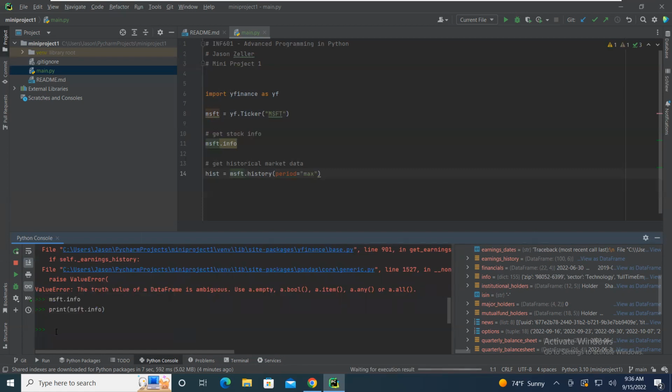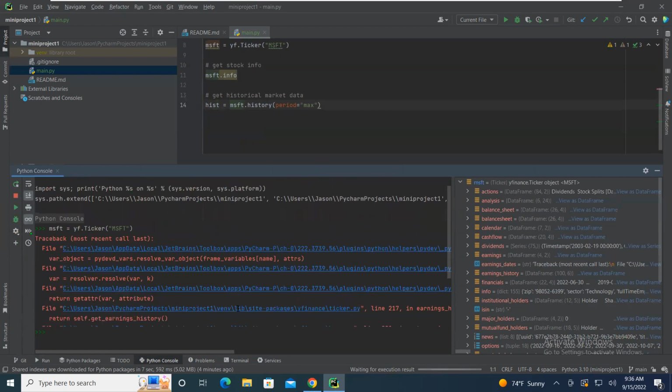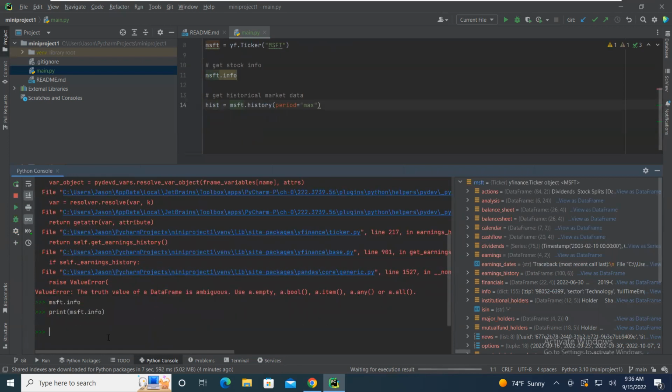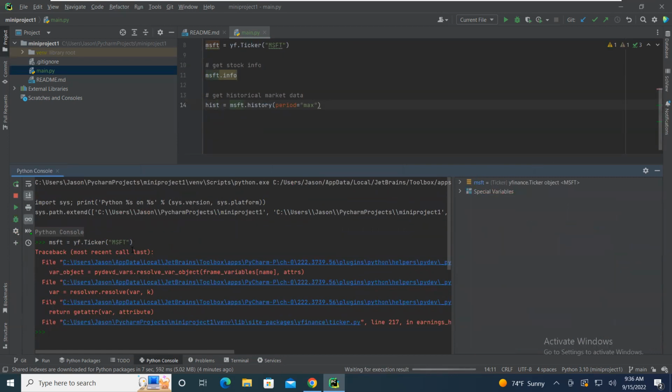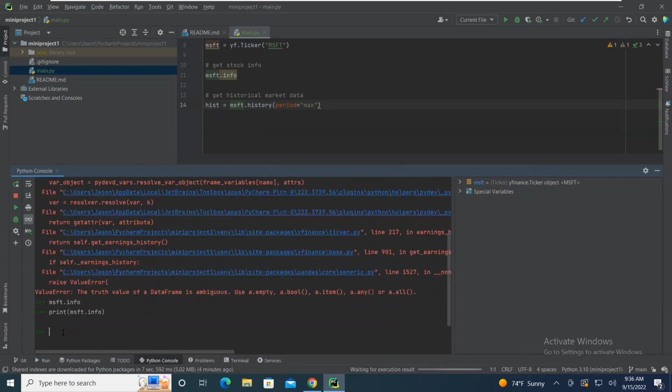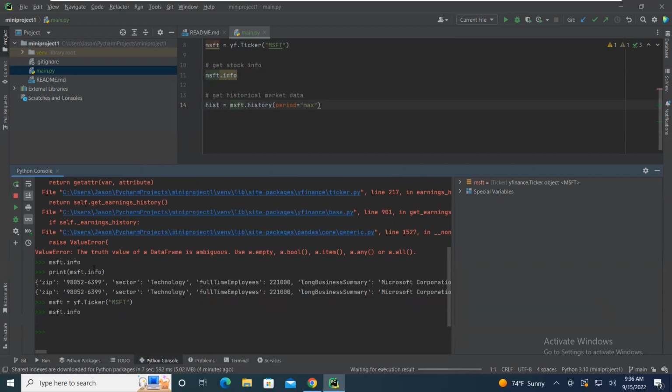Go. And it should print that information out, but, oh, is that because the program crashed? It is. Let's do this again, but not expose that out there. Let's do that. There we go. And then if we just say msft.info, we should get this information out, which is what